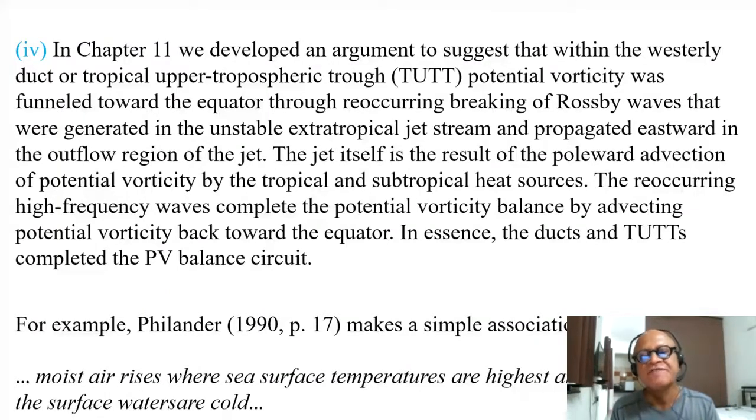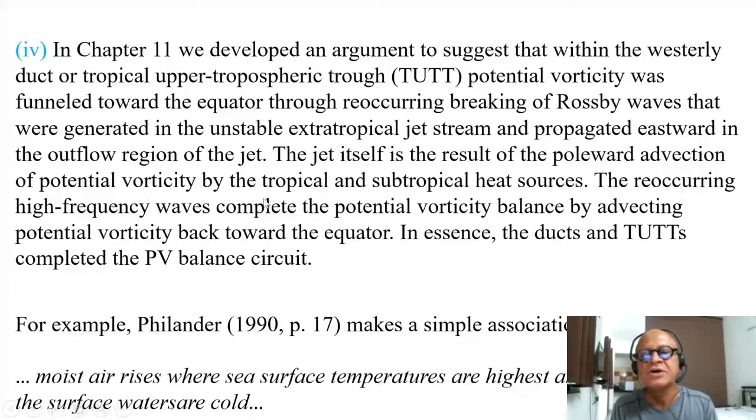The jet itself is the result of poleward advection of potential vorticity by the tropical and subtropical heat sources. So we generated upper level PV substance that was advected northward